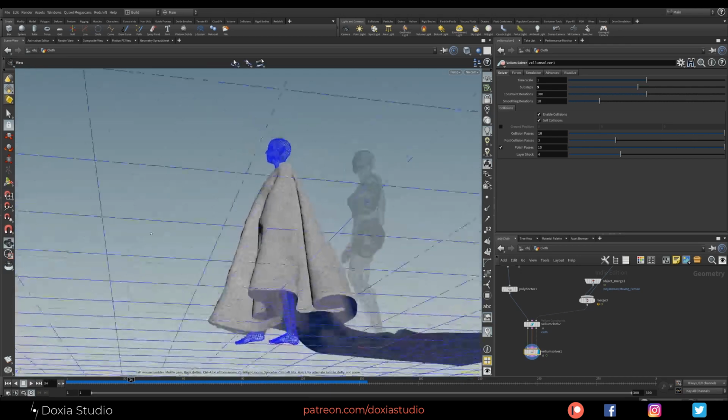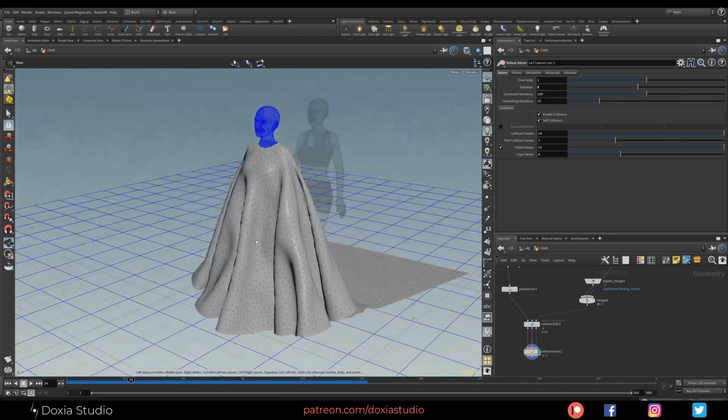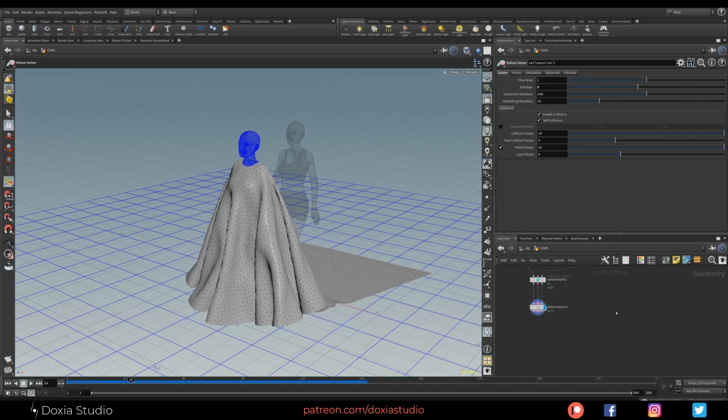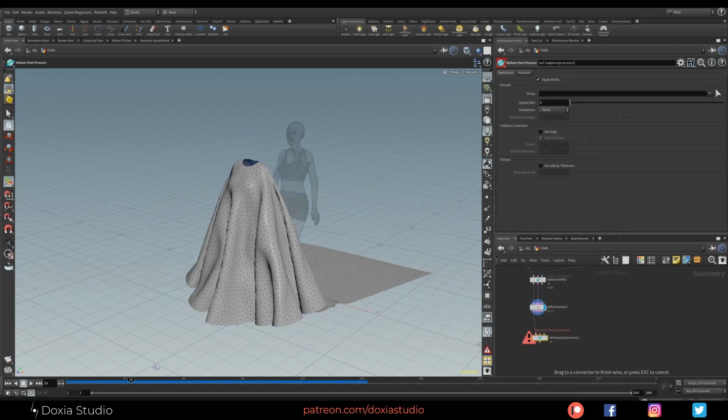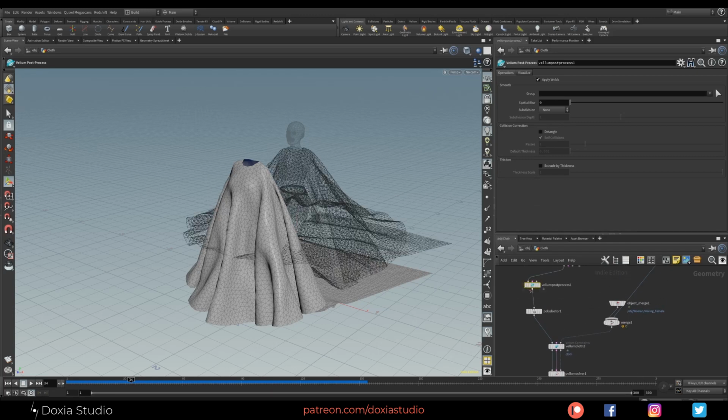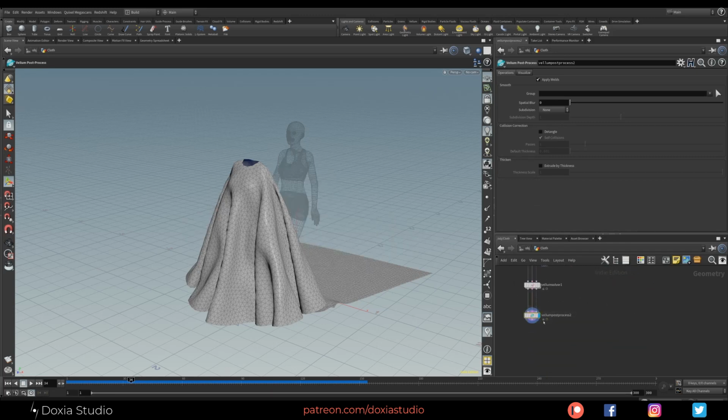Okay, pretty cool. We have everything together. So right now, what we can do is place a Vellum post process, wire this in. Now we can do a few post processes that we didn't do on this one, because this is after the final simulation from our cloth.